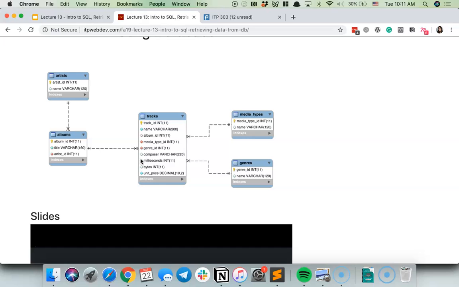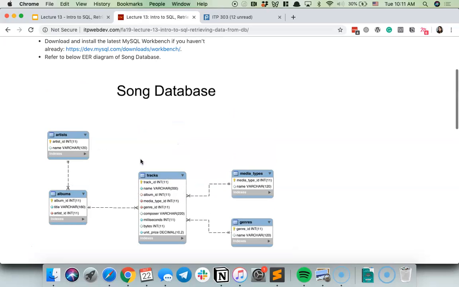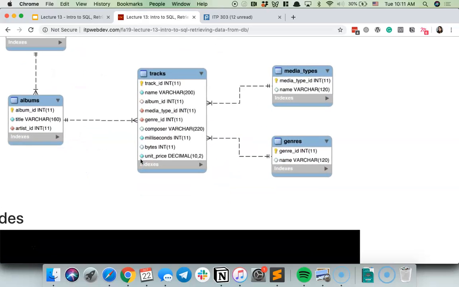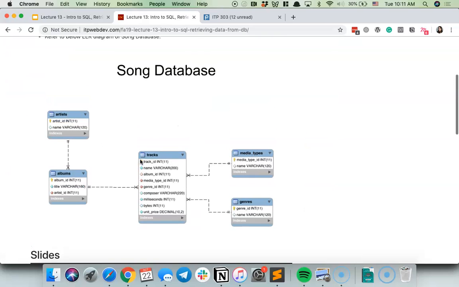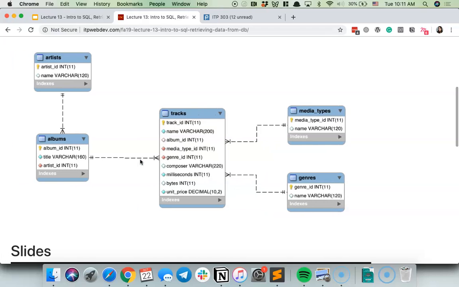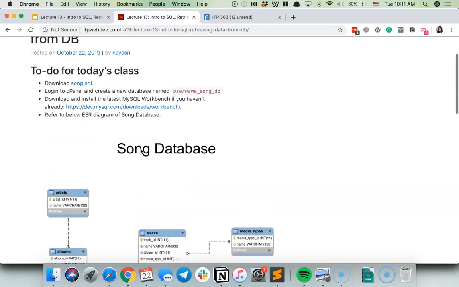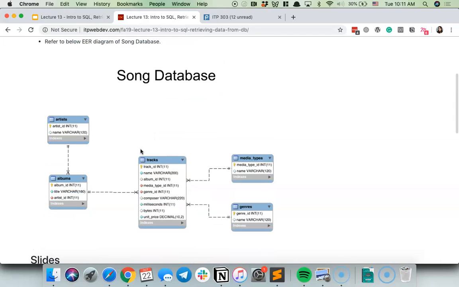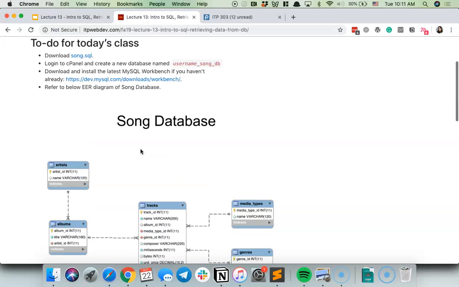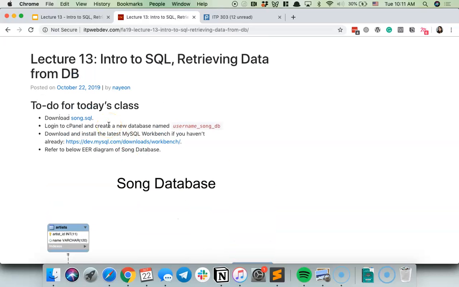And to make this a worthwhile lecture, I have given you a much bigger database than we've been used to before. I'm going to give you this database called the Song database. And the Song database, as you can imagine, has tracks, artists, albums, and all this stuff which we're going to be working with. And we're going to be writing some SQL statements to grab data out of this ginormous Song database. So if you can please, let's do a few setup things before we get started.